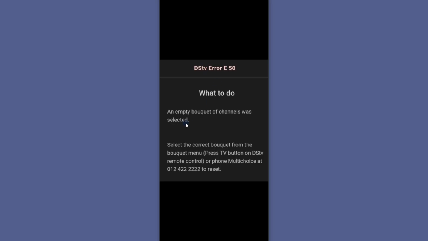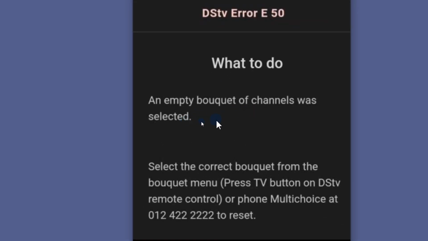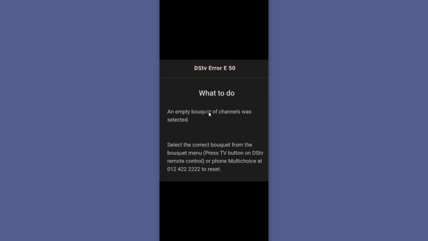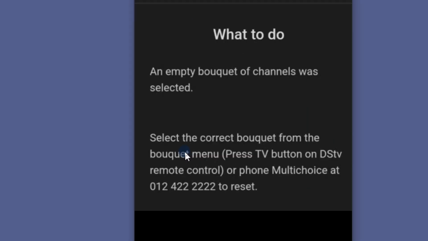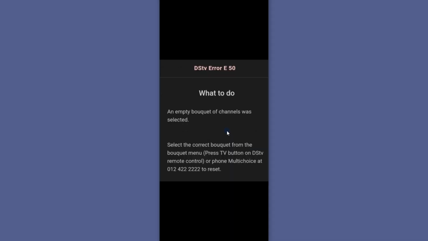So if you are being told an empty bouquet of channels was selected, then there are quite a number of steps you can take to fix this. First, you are told select the correct bouquet from the bouquet menu, press TV button on DStv remote control to reset this. So if you have tried this but you are still unable, then what you need to do is